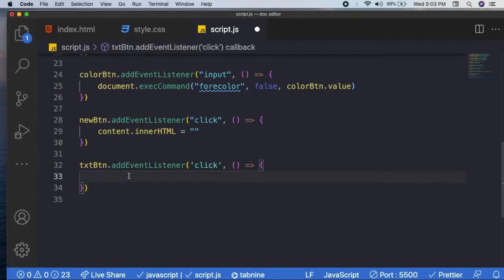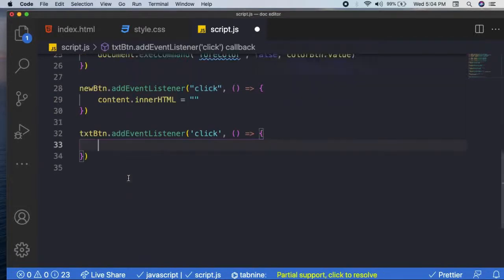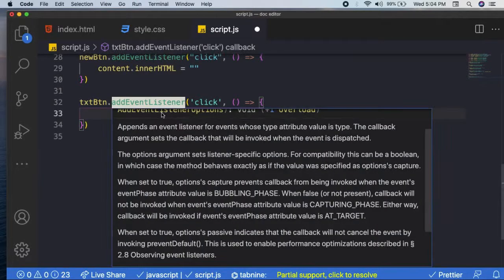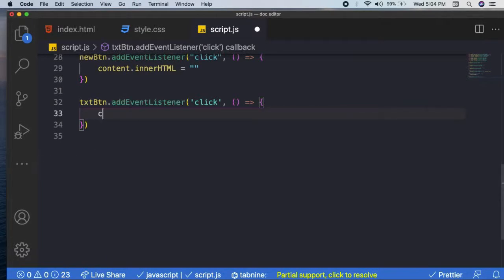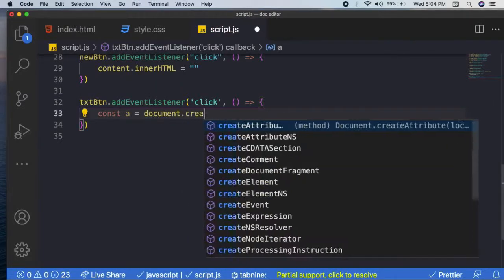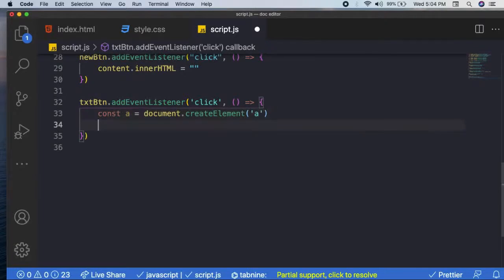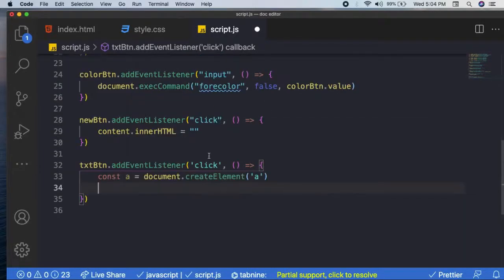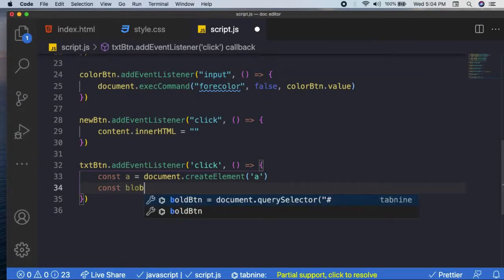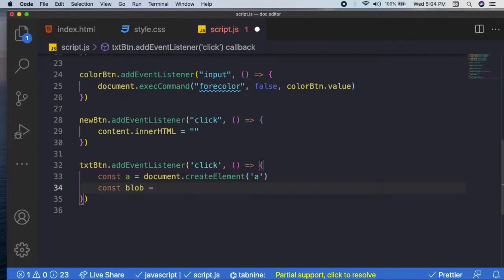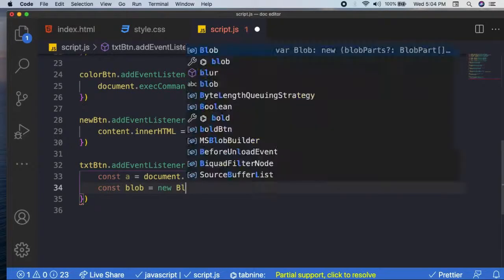We'll create a link dynamically, and then we'll click it. The link will be an a tag, which has an href. So first we have to create that element, document.createElement a, and now we'll create a blob file, which is a binary file, in the browser itself. In a variable called blob, I'll store it and I'll write new Blob,